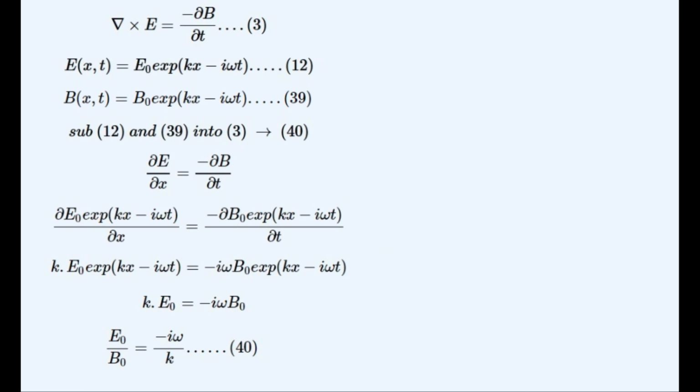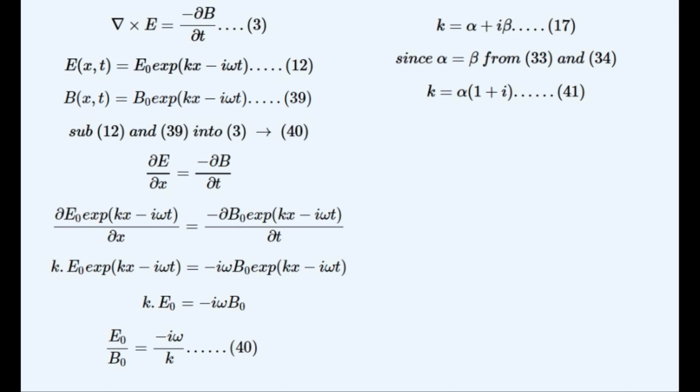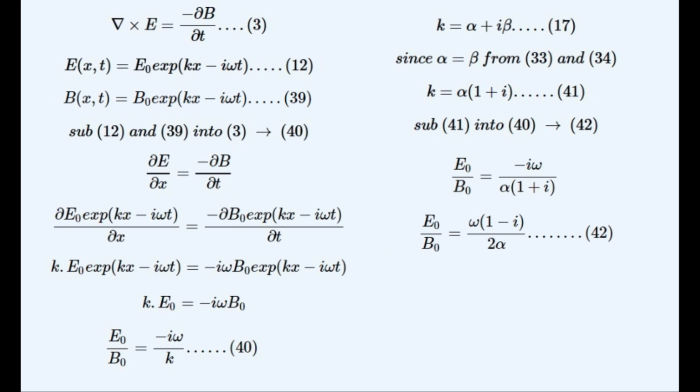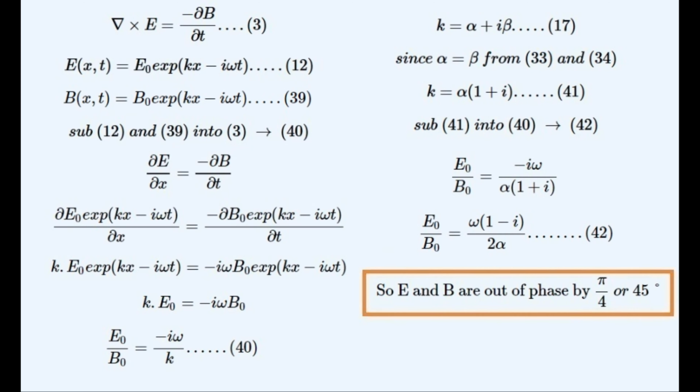So this is the ratio of E to B. So we know that K is complex. And since alpha and beta are equal, then 1 plus i is a factor of K. So this is the ratio of the electric to the magnetic field. And so it simplifies to be this, although I left the number 1 minus i factored. And because of the 1 minus i term, then E and B are out of phase by pi on 4